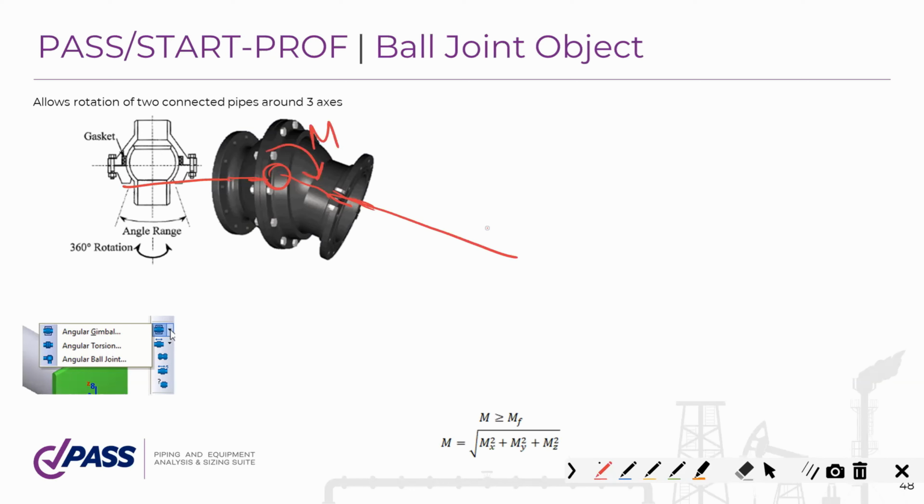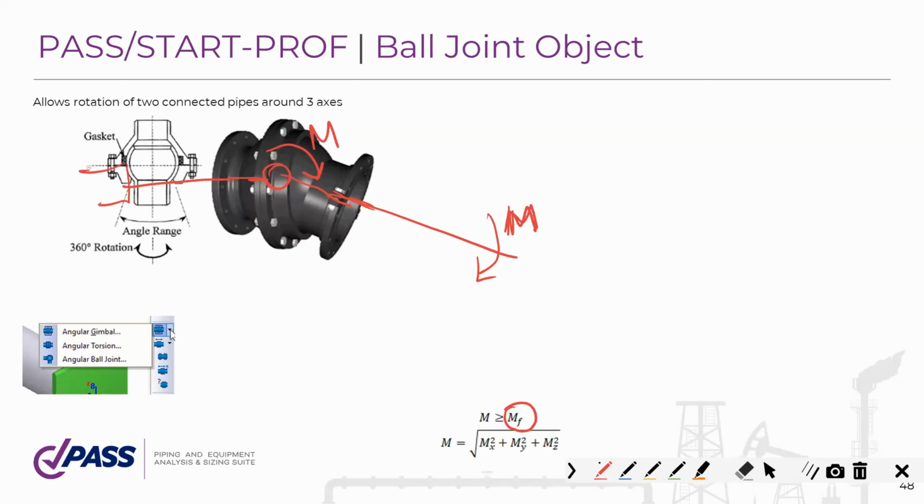So if we apply a moment on this pipe that is less than the friction moment in this ball joint, it will not rotate. If we apply a moment greater than the friction moment, rotation will begin, and the ball joint will rotate, and it will transfer